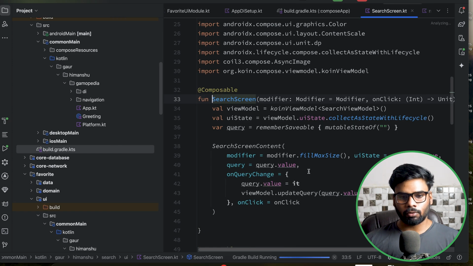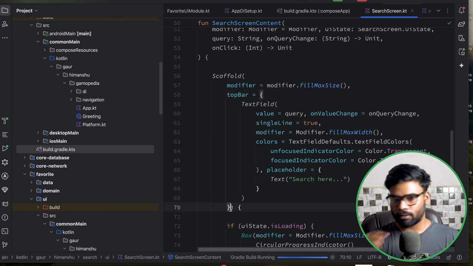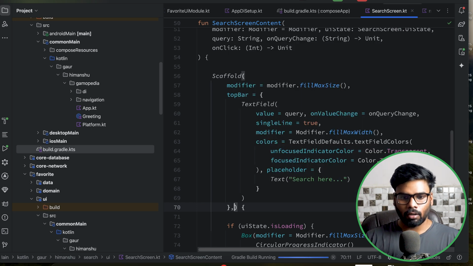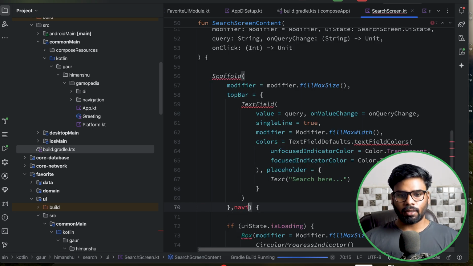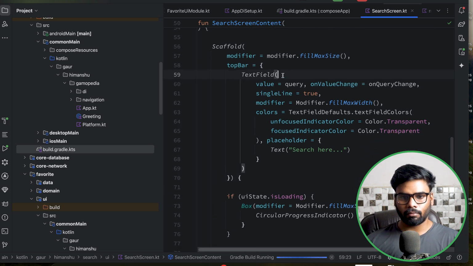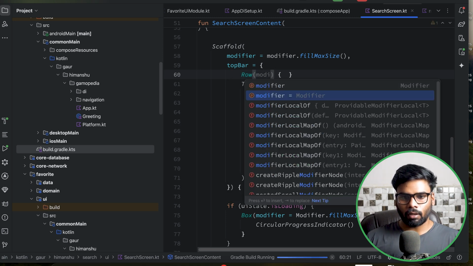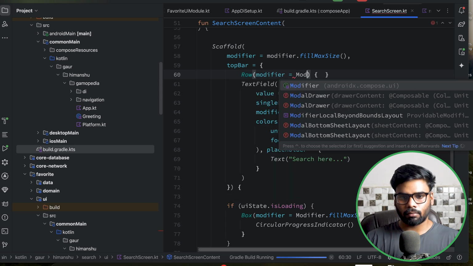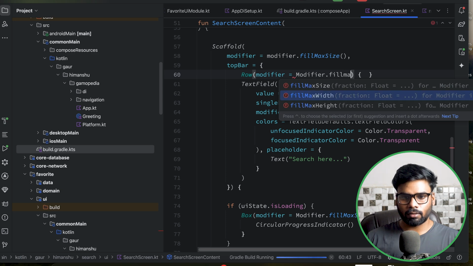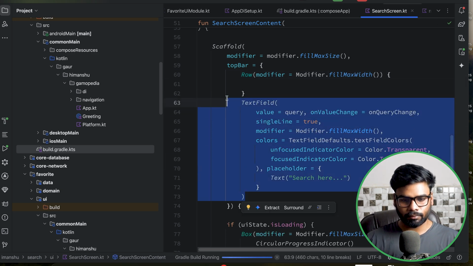Make sure to choose the composable search screen, and over here in this scaffold we have a top app bar. In this top app bar I'm going to attach a navigation icon. So make sure you are in the top app bar, and actually I'm using a text field here. So just use a row having modifier fill max width, and in this you can add this text field,